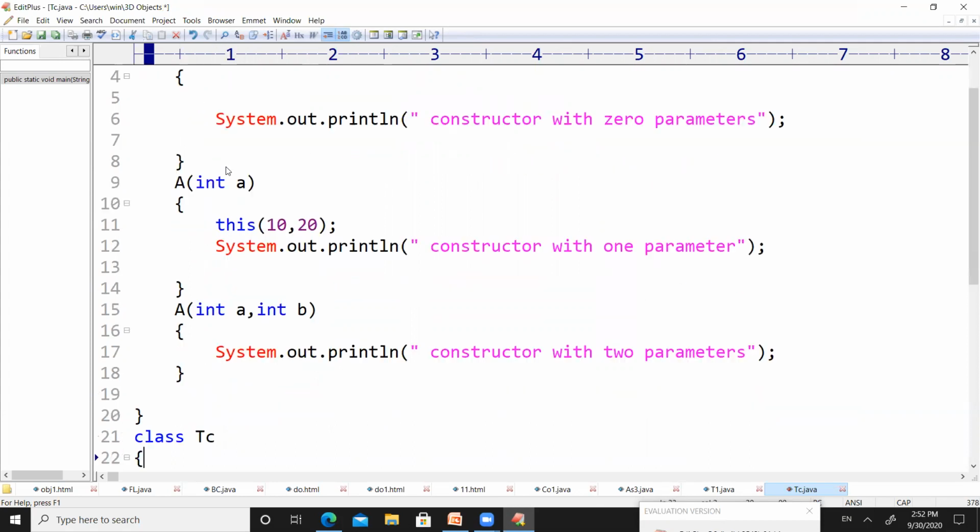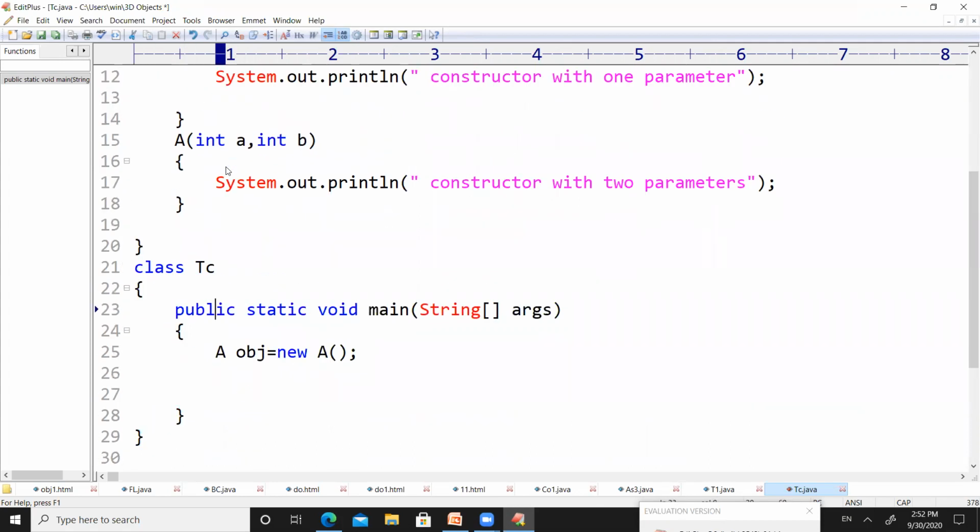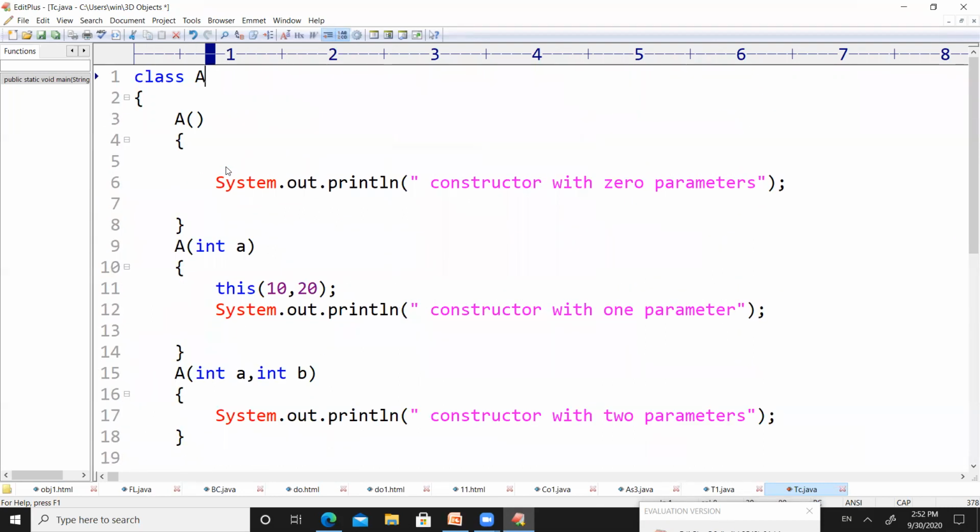And this is an example program in Java, which was just explained for the secondary EC people. There is one class in Java, and the name of the class is class A. There is one method inside the class, and the method does not have any return type. It does not even have void. So there is no return type.